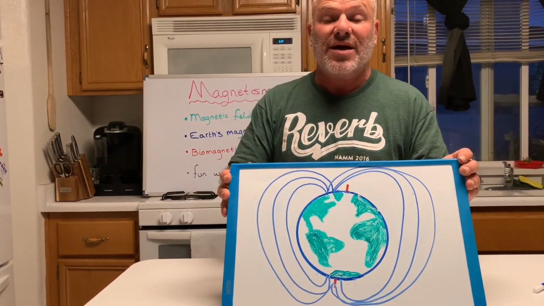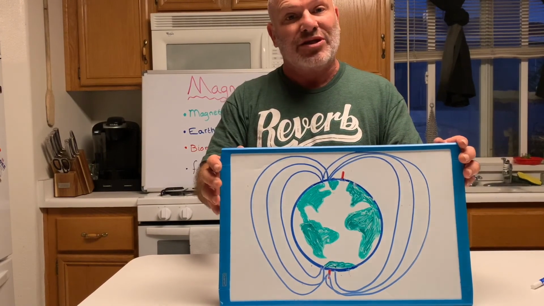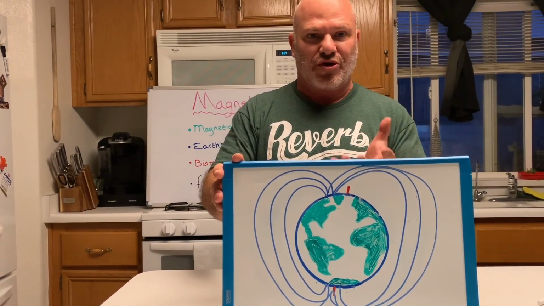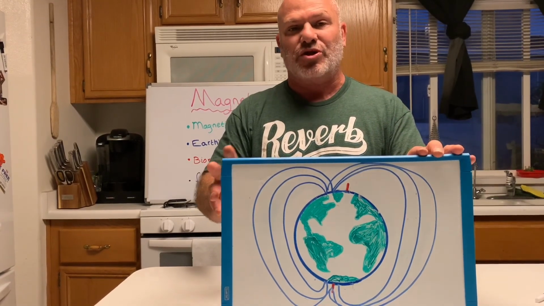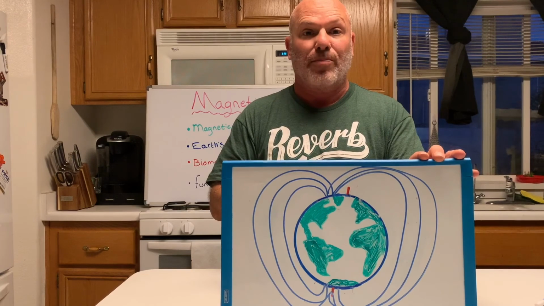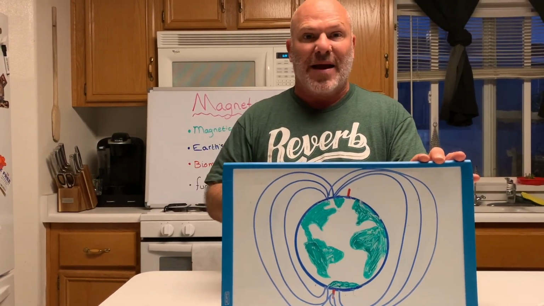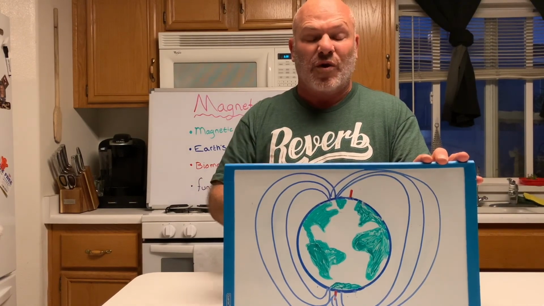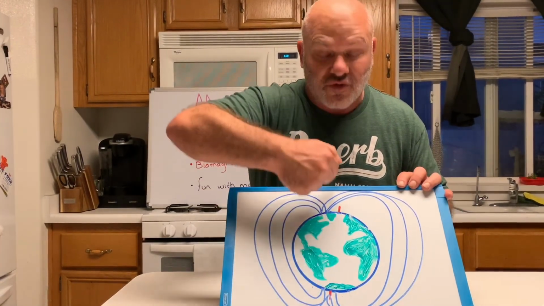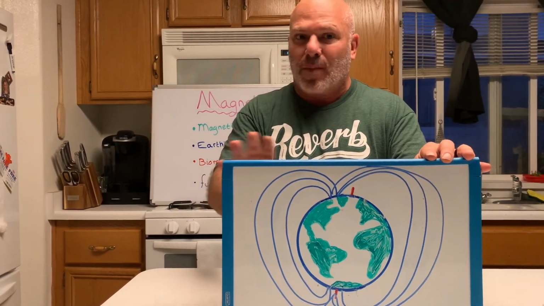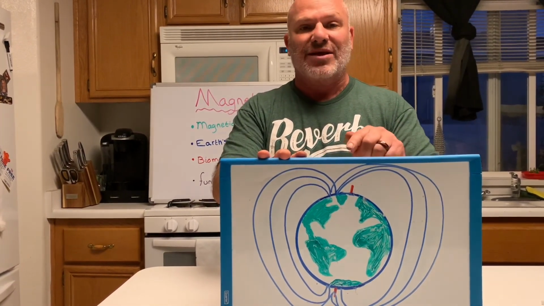Now, to be honest with you, scientists are not completely sure as to why. The best guess is two reasons. One, the way the Earth rotates, as well as what you call convection currents. You have constantly new lava being brought up from the molten part of Earth, and electrons, basically energy, are being brought up. And so it creates these lines of force. And it's like having a bar magnet running right across Earth. Again, nobody knows for sure, but they believe it's the rotation of Earth as well as the magnetic